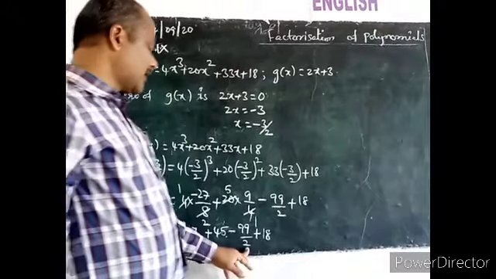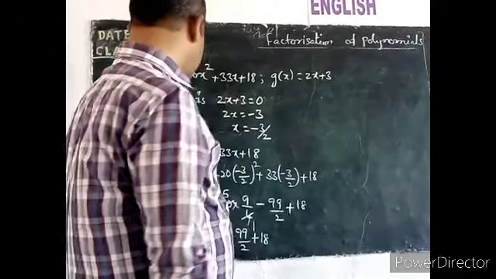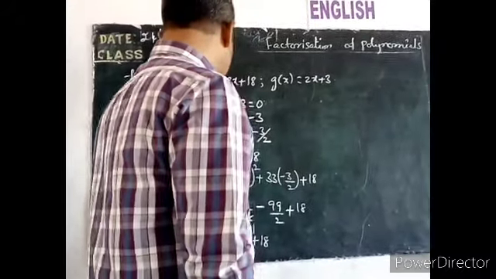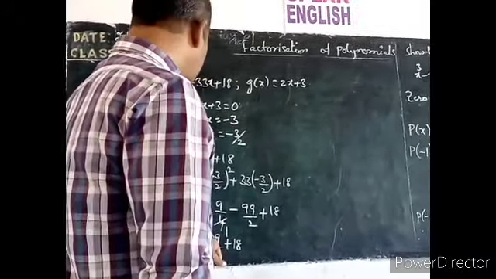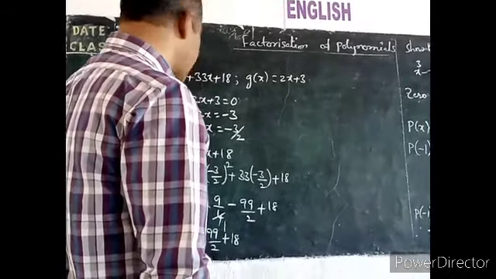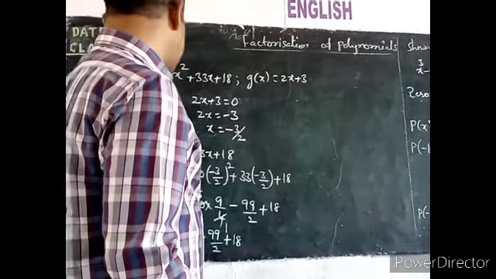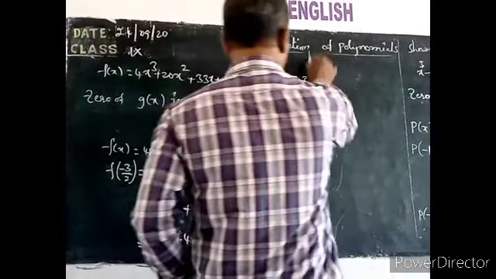Now here by 2, by 2. If you want to take the LCM, then take, but no need to take the LCM. Simplify. Both the denominators are the same and both the symbols are the same, minus minus. So addition only here. Now 27 and 99. What do you get?